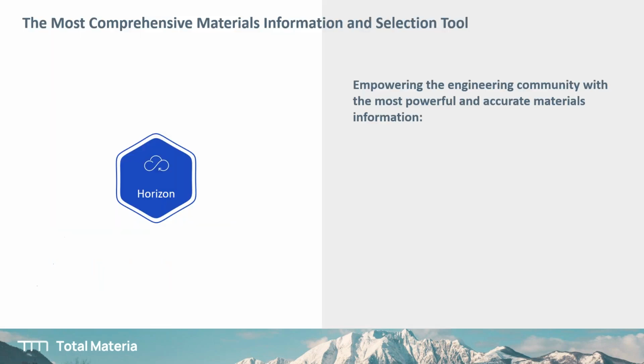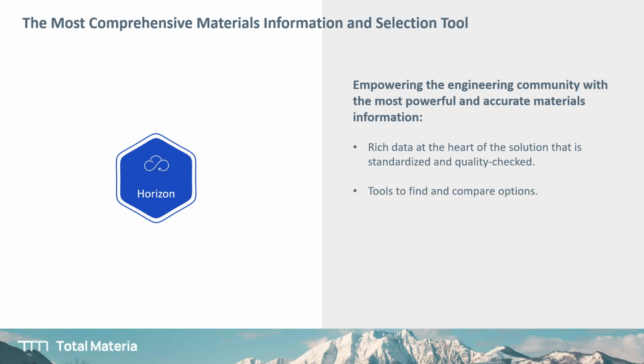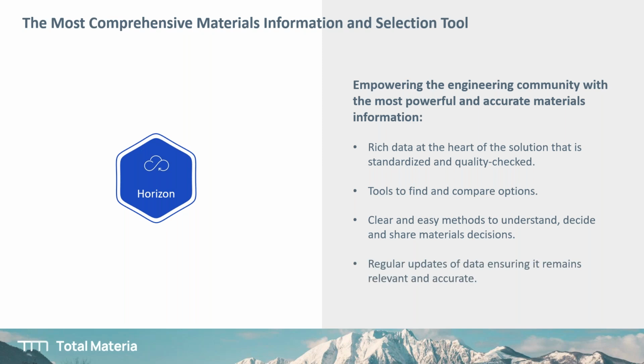Let's start with Horizon. Horizon is empowering the engineering community with the most powerful, accurate materials information and the biggest source in the world. Rich data is the heart of the solution, standardized and high quality, with check tools to find and compare options, and clear and easy methods to understand, decide, and share materials decisions. Regular updates of data ensure it remains relevant and accurate, meaning that every single month you